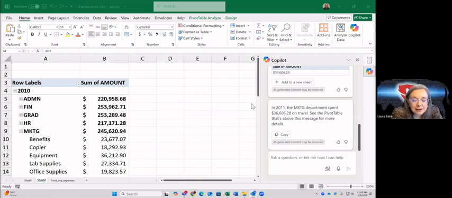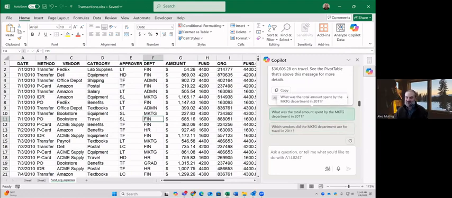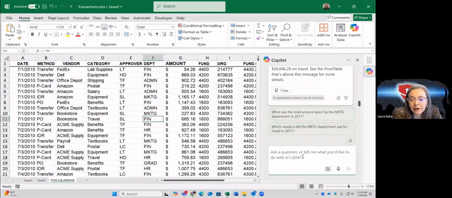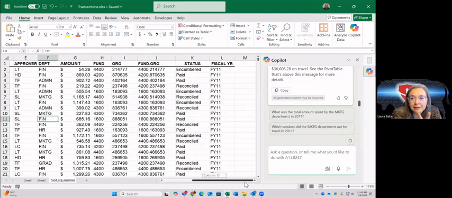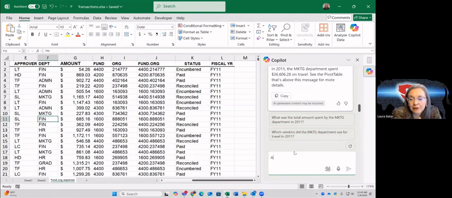Okay, so here's a challenge for Excel. Can you tell Copilot to make another column with just the month and just the year? So two more columns, one for just the month and one for just the year, so you don't have to do it yourself.